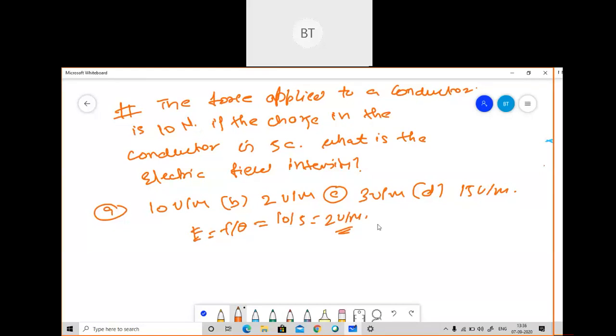So now you can see how the question is coming. I'll give one more problem to you based on this. So what is the electric